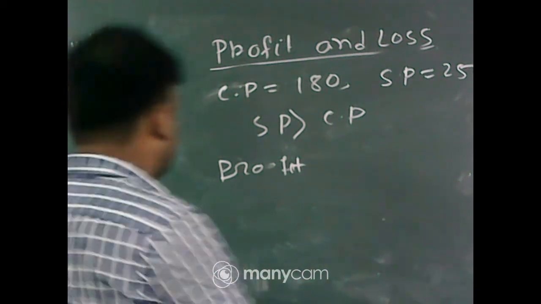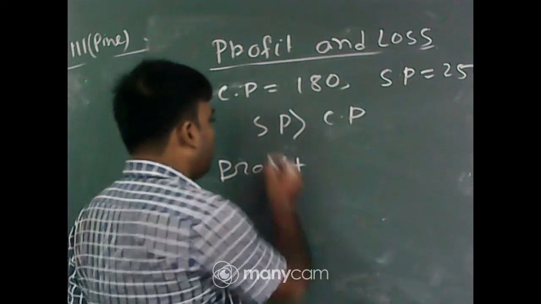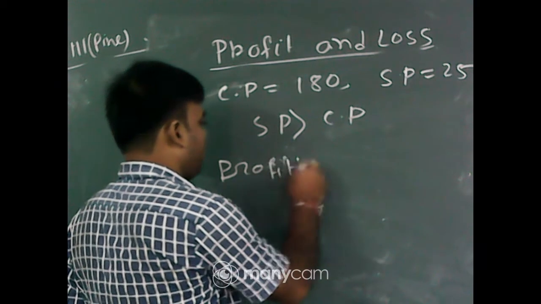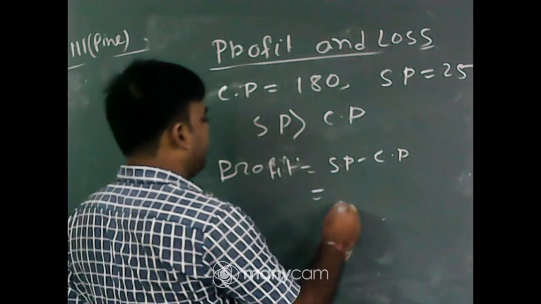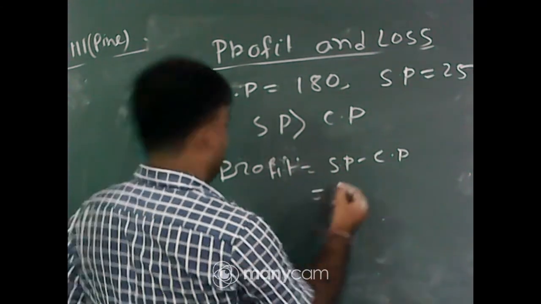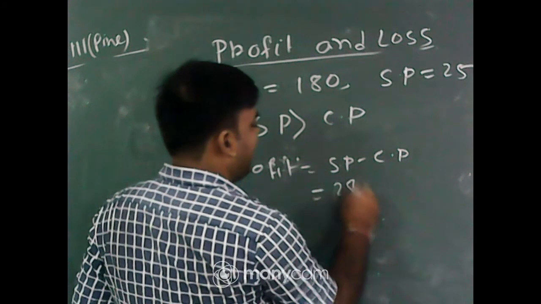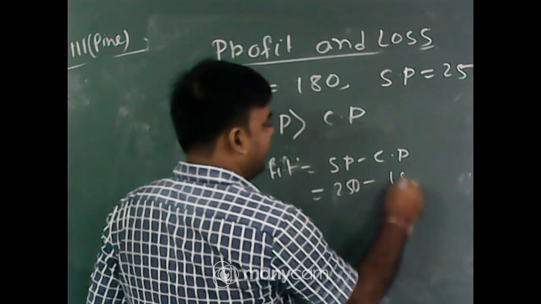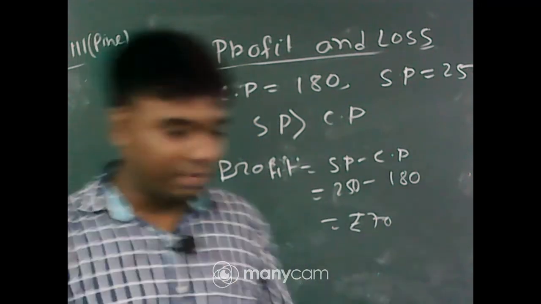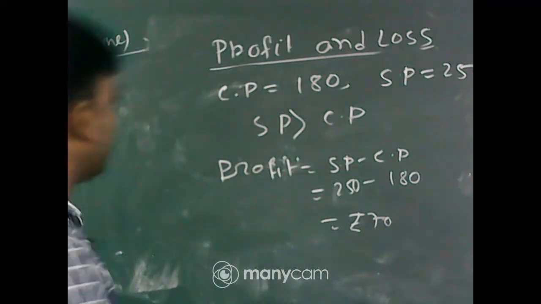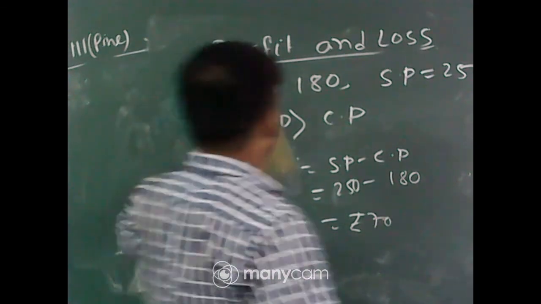So here profit equal to SP minus CP. SP is 250 and CP is 180. So rupees 70 is the profit. I think you got the concept of